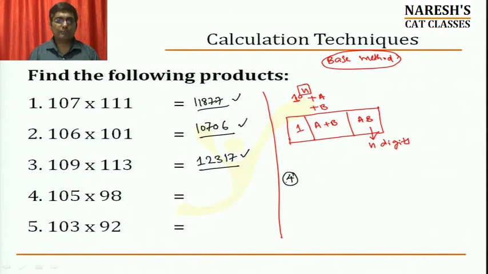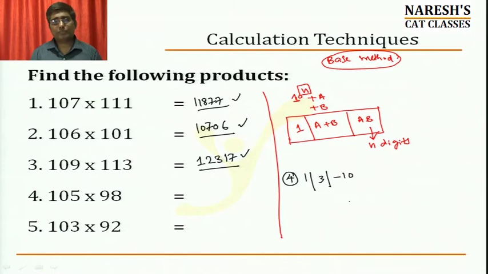Let us see what is there. In question number 4, what is it? 105, that is 100 plus 5, 10 square plus 5, and 98, 100 minus 2, 10 square minus 2. Automatically again, 10 square is the base. 1, a plus b, ab, let us see. 1, a plus b, plus 5 minus 2, will become plus 3. Plus 5 into minus 2 will become minus 10. A into b will become minus 10.